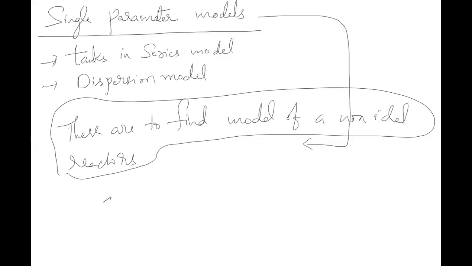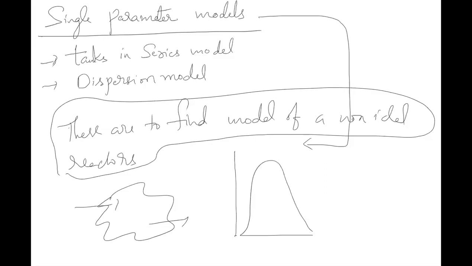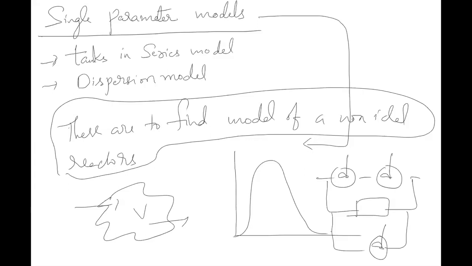So what did we do till now is, I have a real reactor. So its RTD is something like this. Now I have this RTD of volume V, and I found that two CSTRs in series followed by a PFR, or let's say followed by another CSTR in parallel, will represent the same RTD. Don't ask me how this RTD has come, it is just arbitrary. Basically what we are doing is expressing a non-ideal reactor as a combination of ideal reactors. Let's assume that this combination and this combination have the same RTD. Clear?